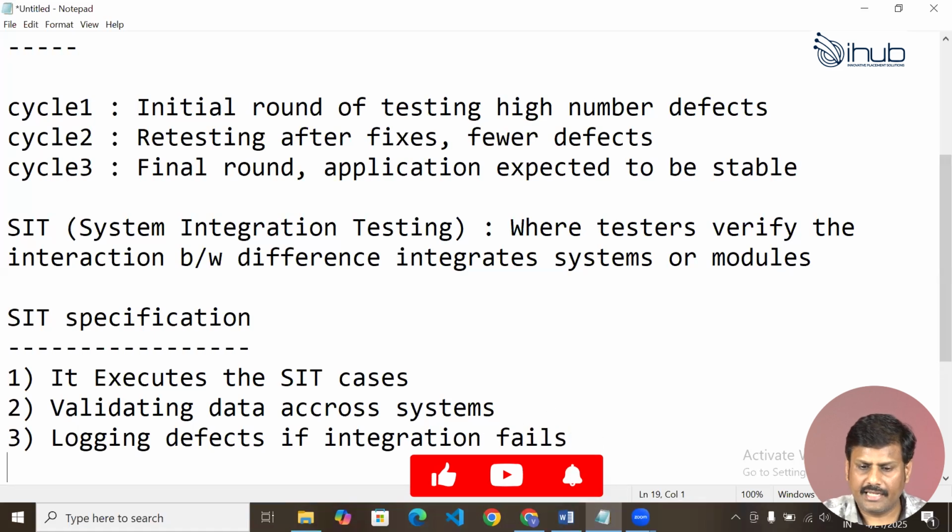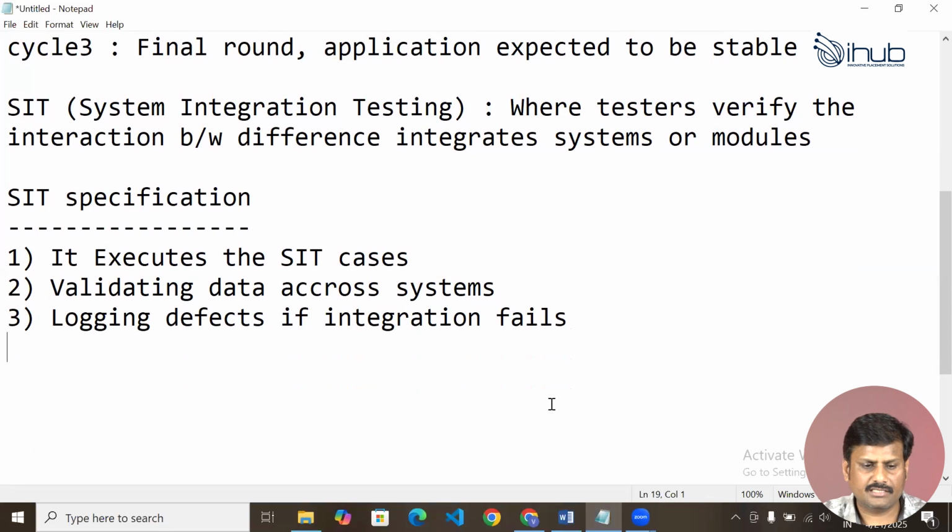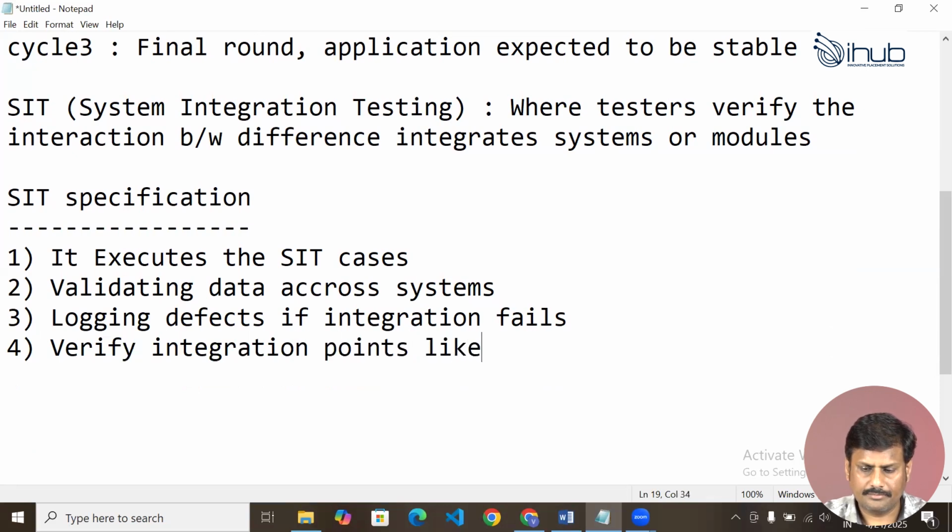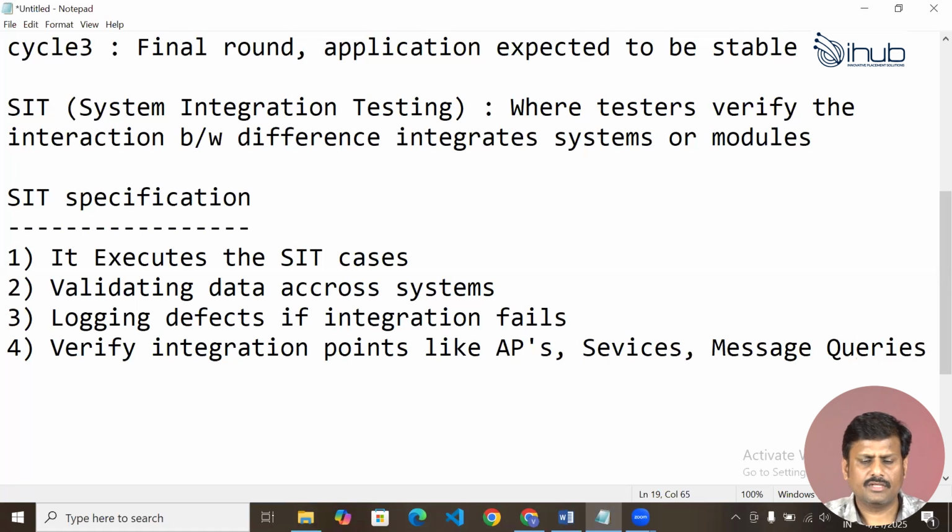So if the data is not integrating properly, we must definitely raise SIT defects. And the last is verifying integration points like APIs, services, message queues, etc. So we will be logging defects if integration fails.